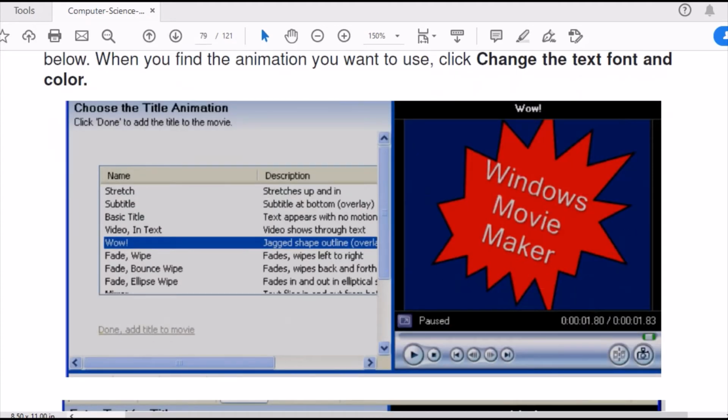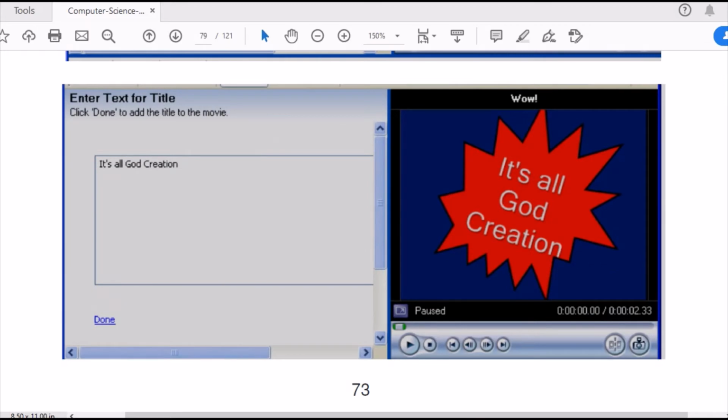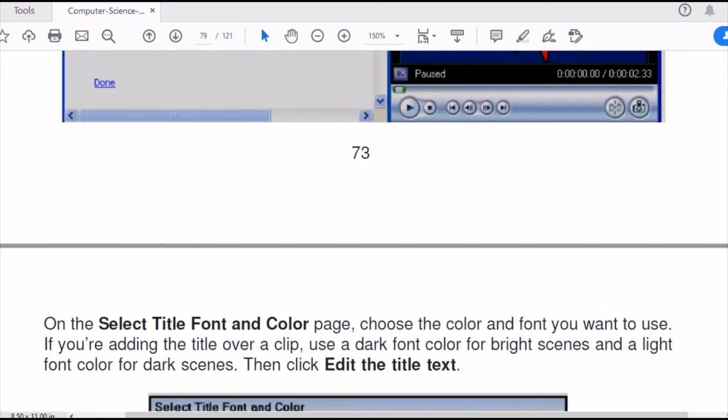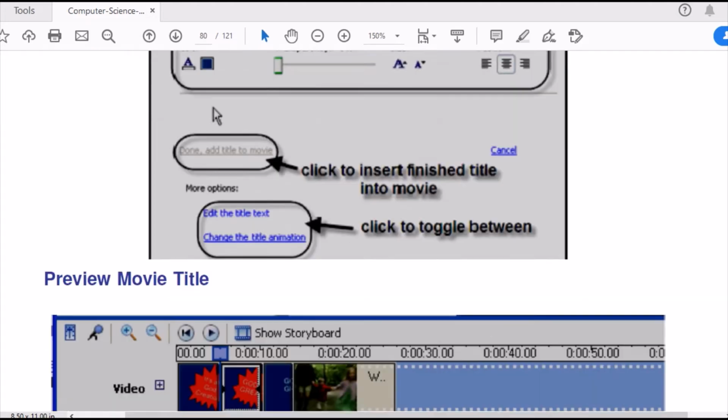See, you can have an effect, a jagged effect, different types of effects you have. You can add any text in there. You can have different fonts, what type of font it should be, what kind of color it should have, the transparency, the strength level.